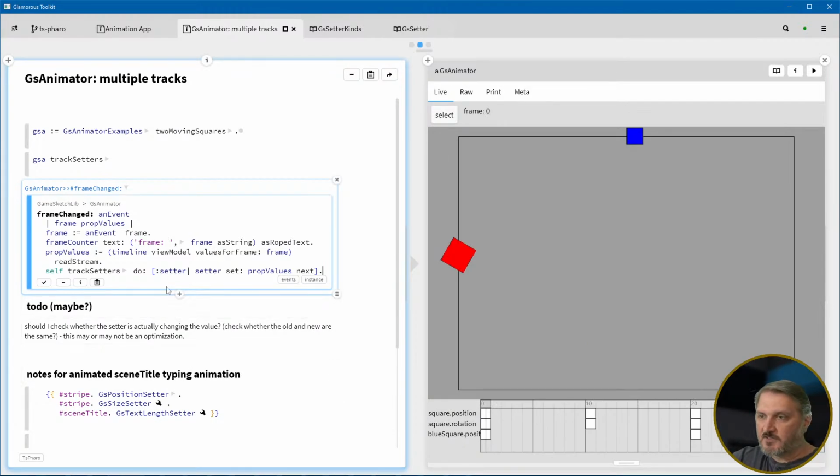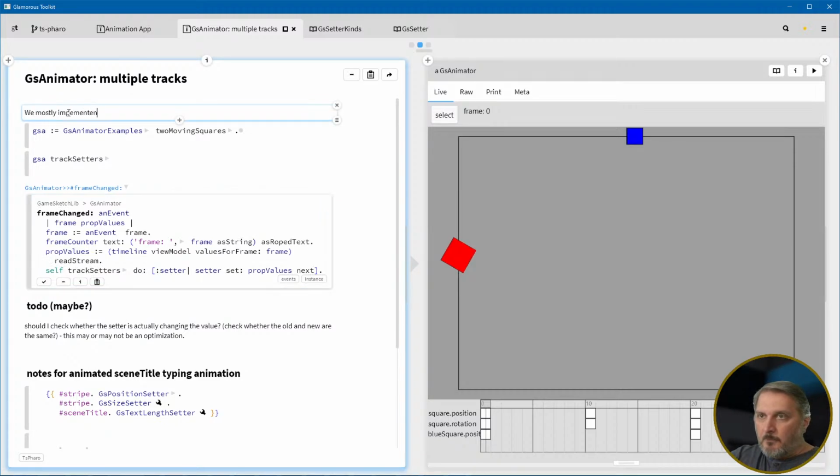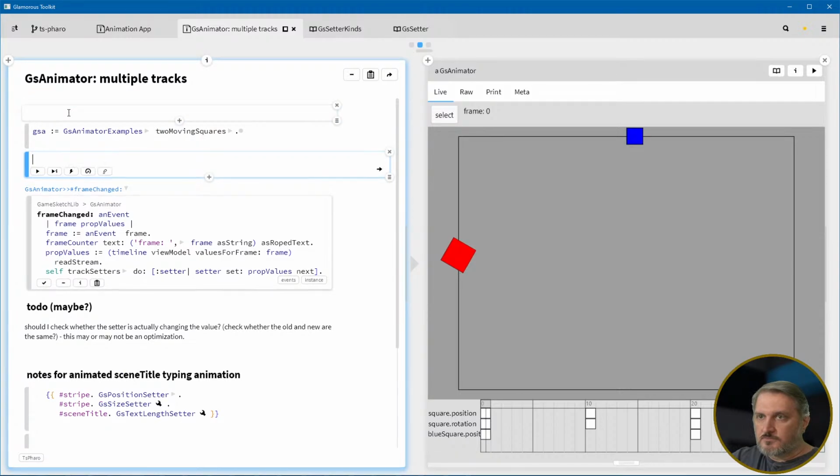All right, so it's 1:30 in the afternoon here. I'm going to make a little bit of a note. So we mostly implemented this by, let's see. Mostly we want to